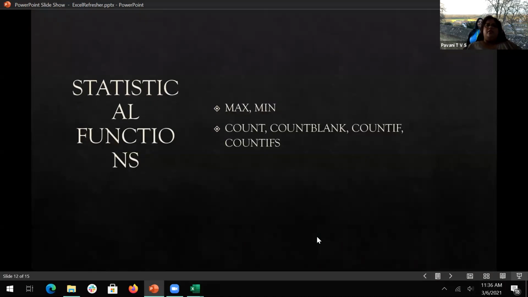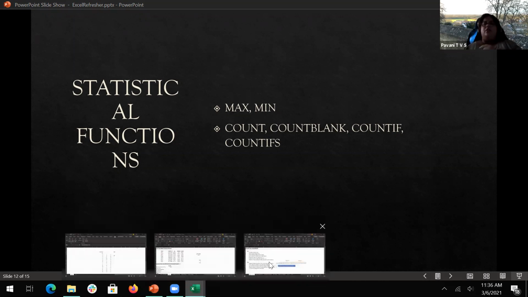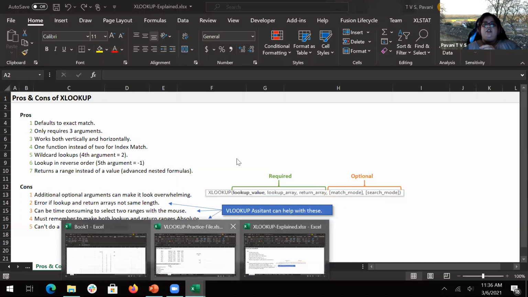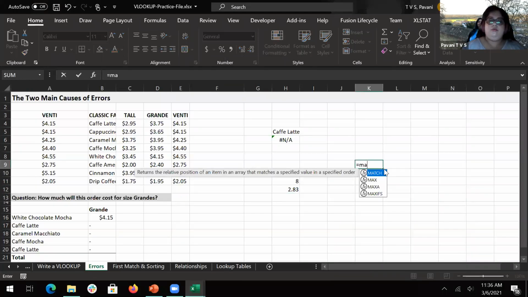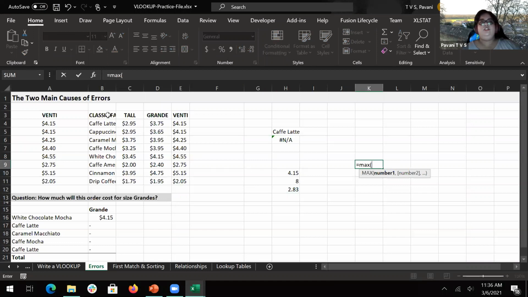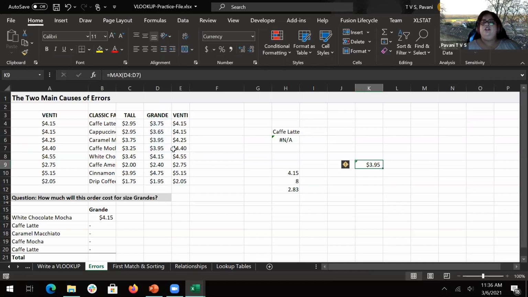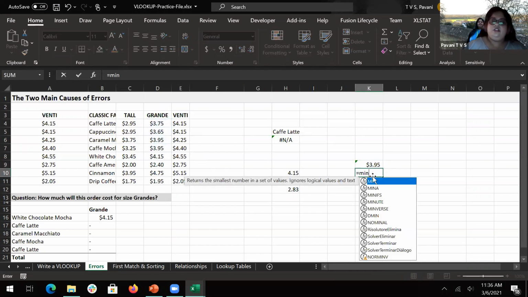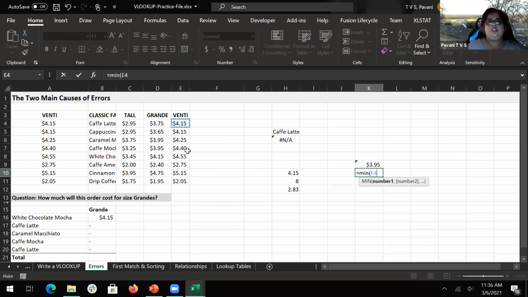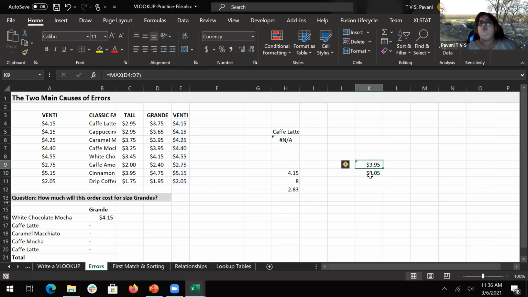Next one is statistical functions. MAX, MIN, COUNT are very important. MAX and MIN: in this particular set, say equals MAX of these 4 numbers, that would be 3.95 is the max. Similarly, minimum of this complete set would be 2.05. So it will give you the max number and the min number out of it.